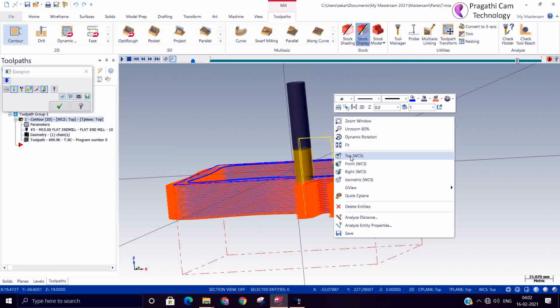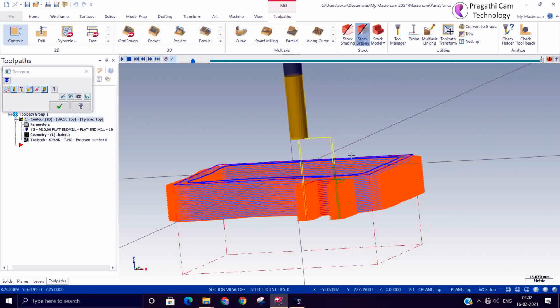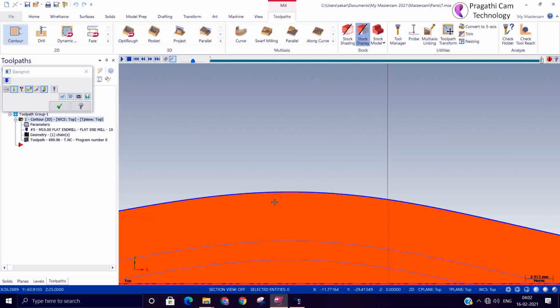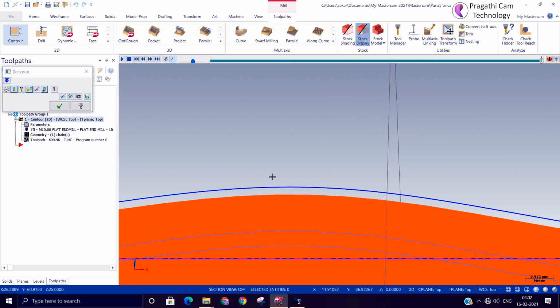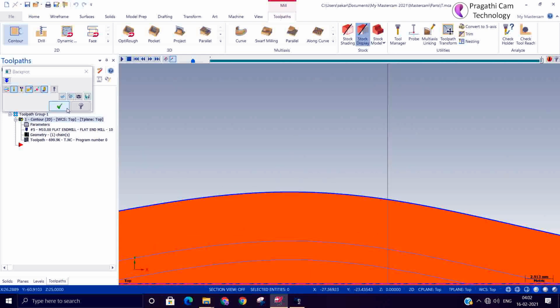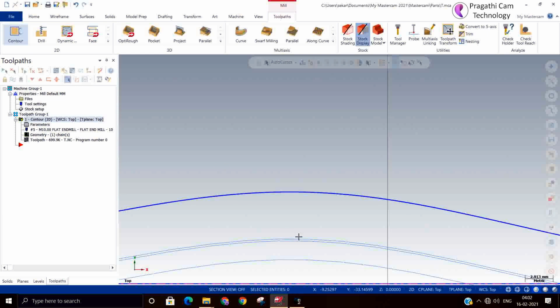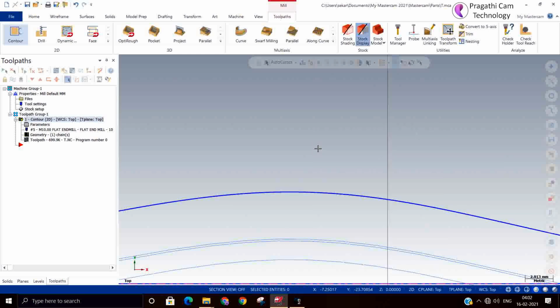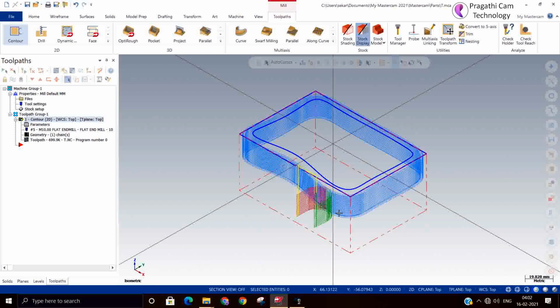Let us study. We have given the finish pass, so it should be in the last. You can see that small gap between the contour and this. That's the finish pass.